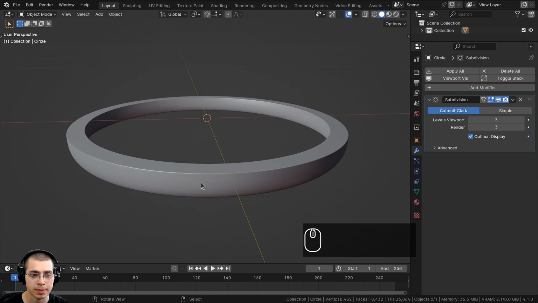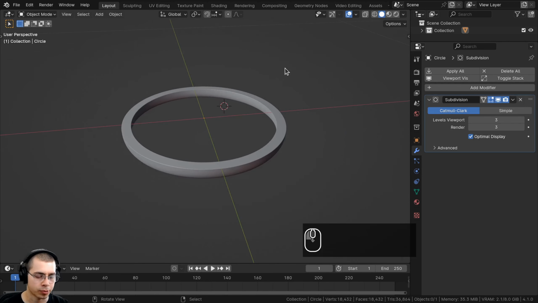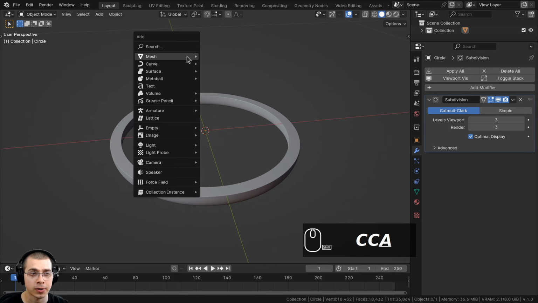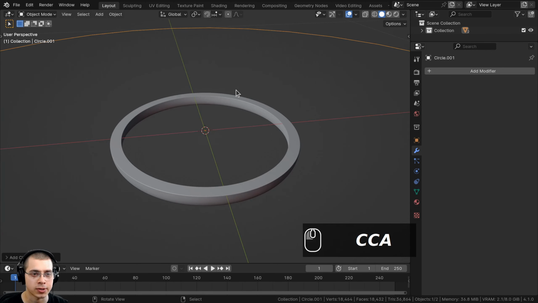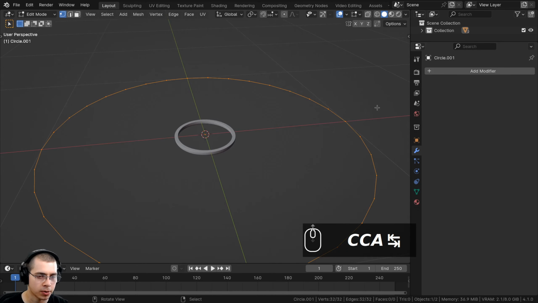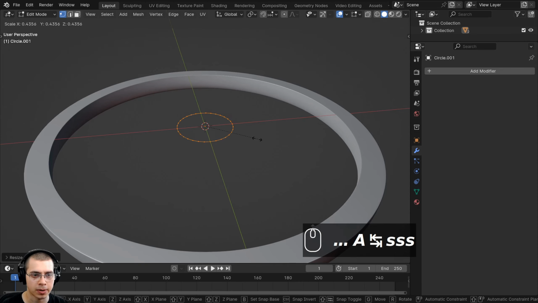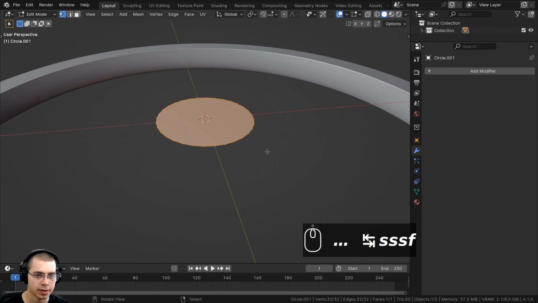So I now want to model the piece which is going to be in the very center. So I'll press Shift C. Shift C will center the 3D cursor, and then I'll go to the add menu, and let's go down here and add a circle, and I'll hit tab to go into edit mode. And in edit mode, I'm just going to scale this circle way down so it's much smaller, and then I can press the F key to fill a face there.